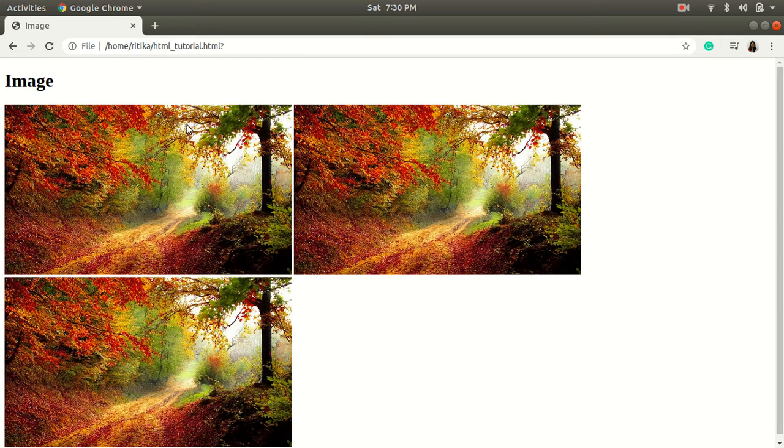So now if we have 100% and we want our image to be divided into two parts, it's very easy for us to calculate. One image we can give width as 50%, another we can give width as 50%. So it will take the entire half of the screen. And since we have these 3 images here and we want to divide them into 3 parts, it's very easy now. We will just write 33.3% for each image so that it can be placed in a single row, and if we shrink the page, the images will remain in a single line.